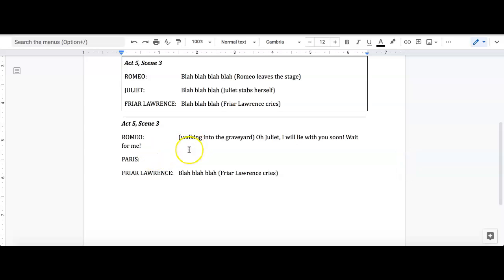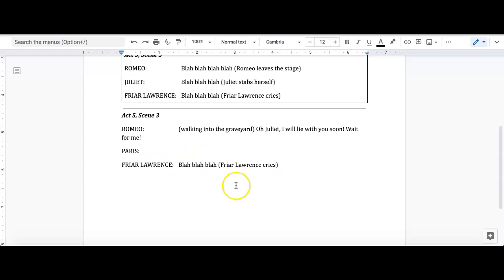To jump over, you can just click the tab button on your keyboard. It's right next to the Q and right above caps lock. Press that a few times so we can tell the difference between the characters and their speaking. So Paris might say, "Who is there? Show yourself." Romeo says,